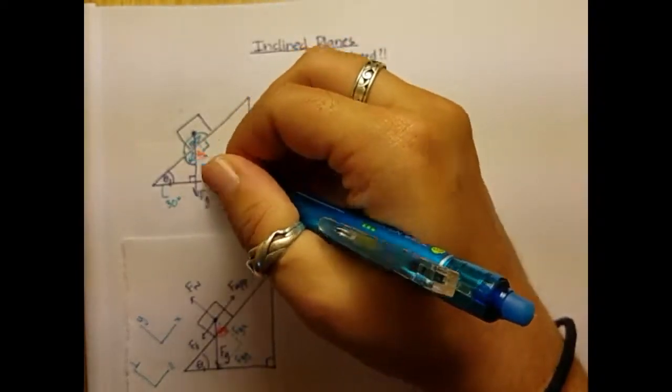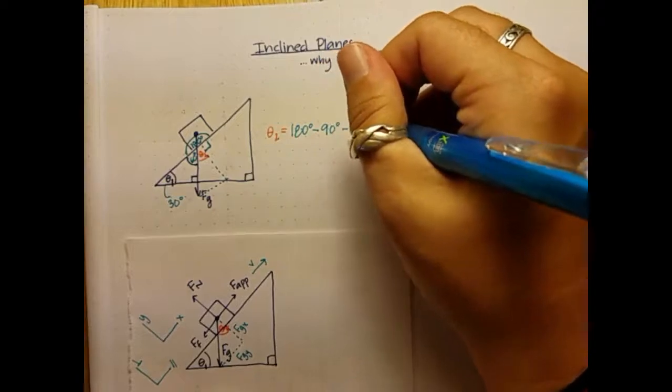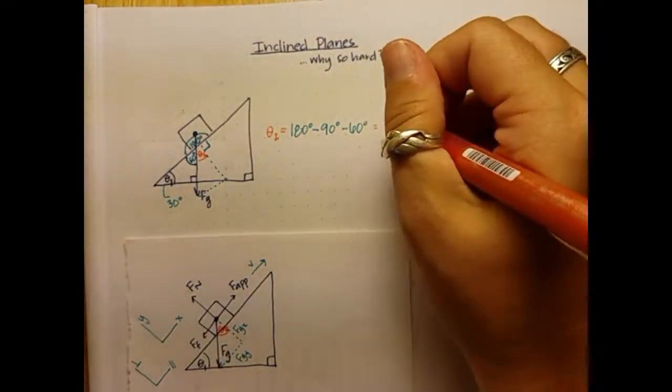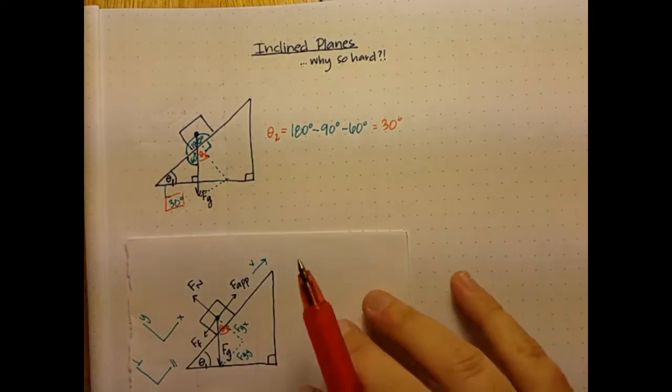So here's the 180 degrees minus this 90 and minus this 60 degrees. And so theta 2 equals 30 degrees again. Exactly the same as the angle of the ramp we started at. So geometrically, we can prove that when we break down